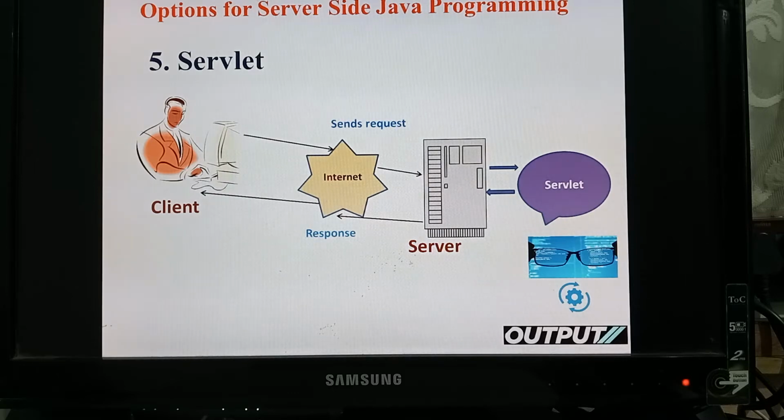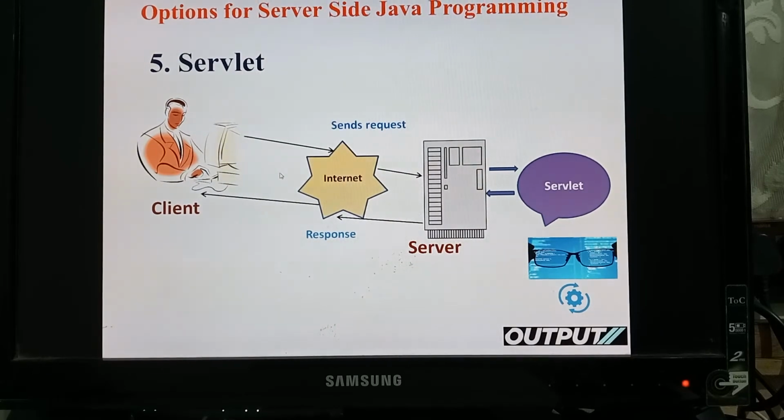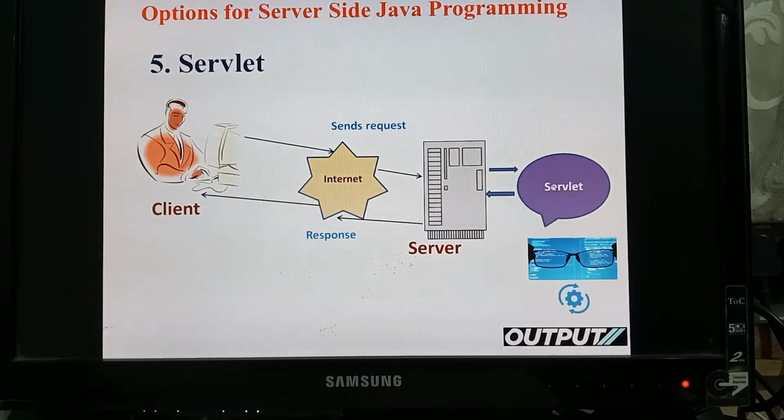Now this servlet, I can define, is a server-side Java program which reads the client request, processes it and sends output back to the client. So all the issues of CGI were overcome in the servlet option. How? Whenever the server is started, the servlet is loaded. The servlet will be loaded only once and it will be available till the server is shut down for serving all the